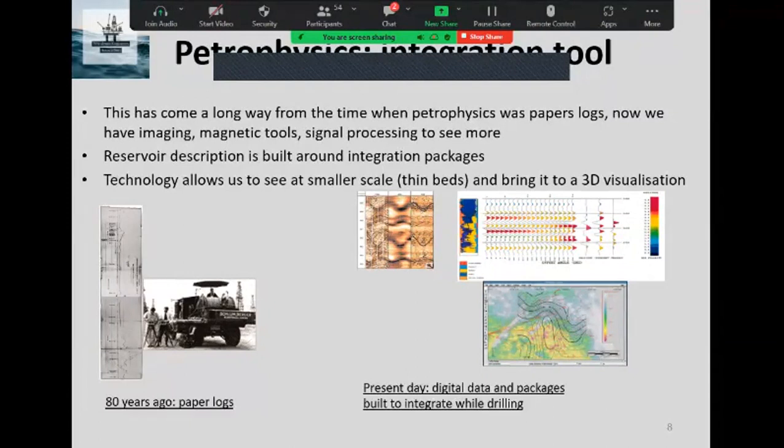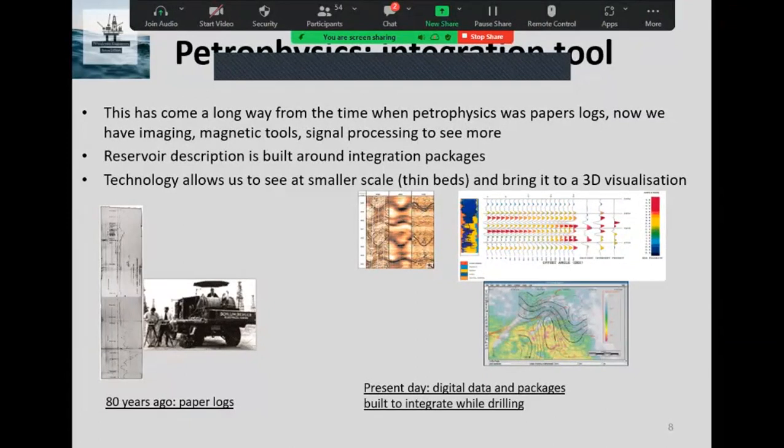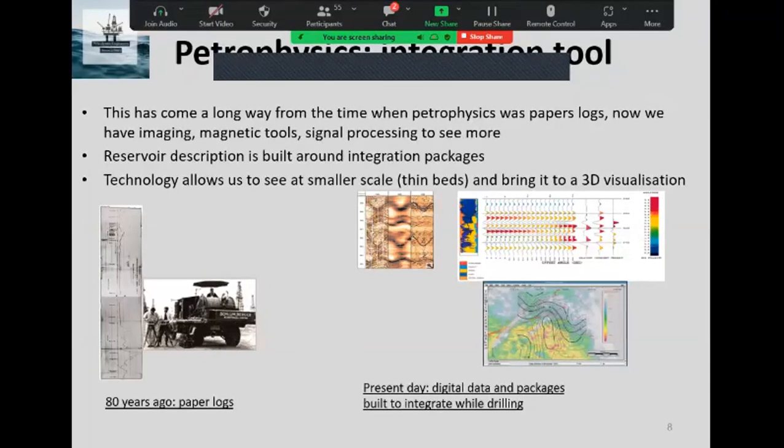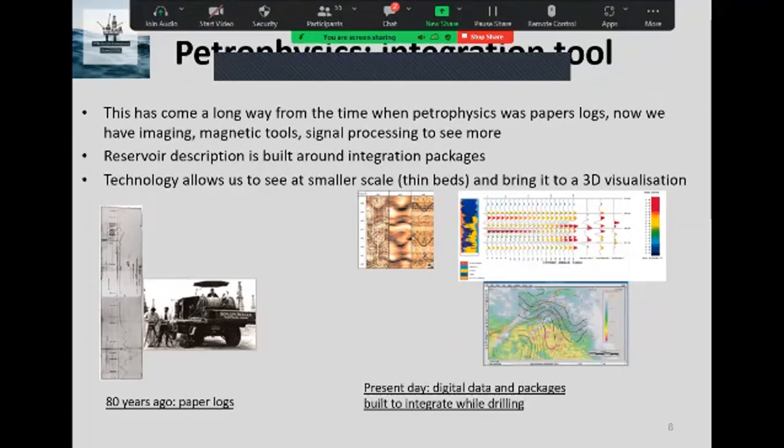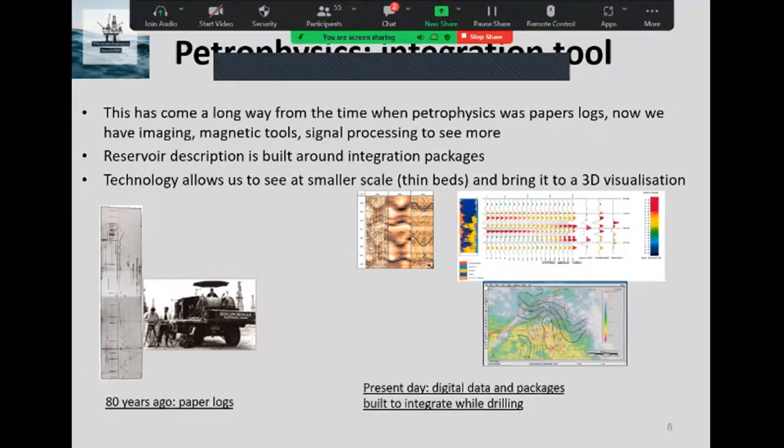And the main purpose is decision making. Reservoir evaluation is one task now, and the nucleus of it is well data, which the petrophysicist analyzes and integrates. Technology allows us to see at a smaller scale, such as thin beds, and bring it to 3D visualization.